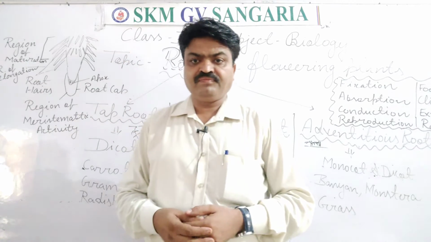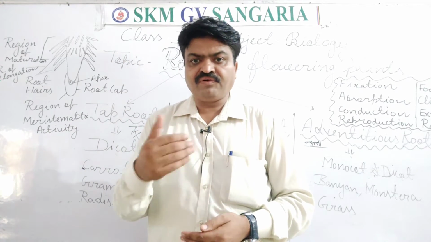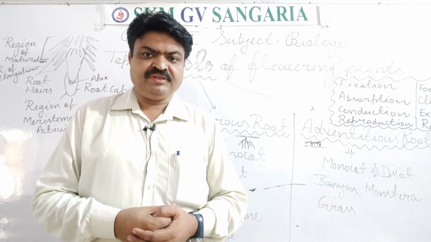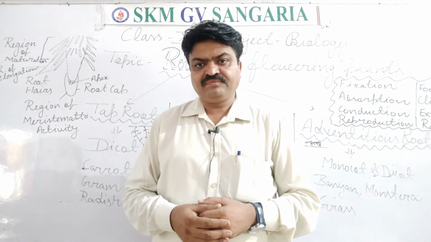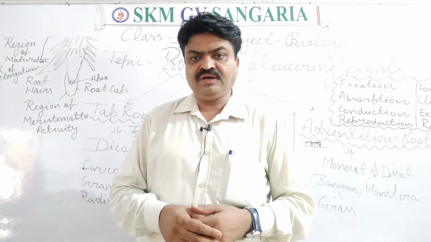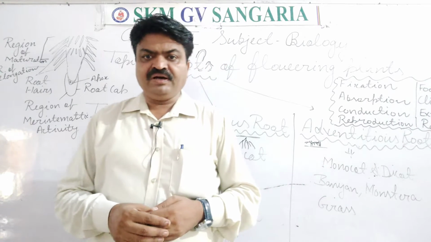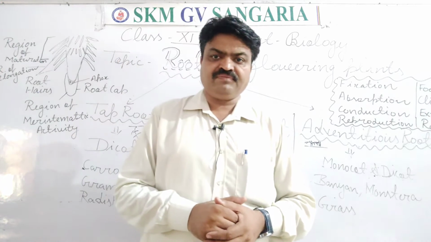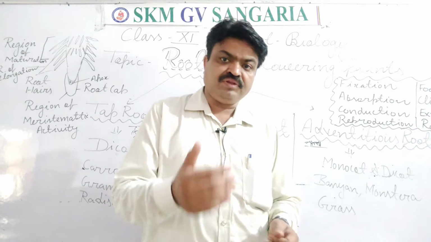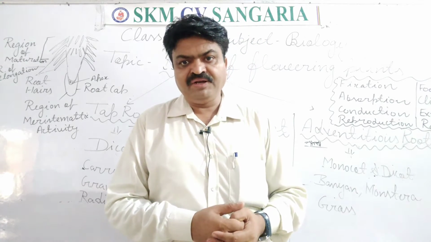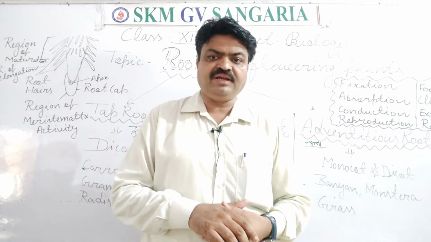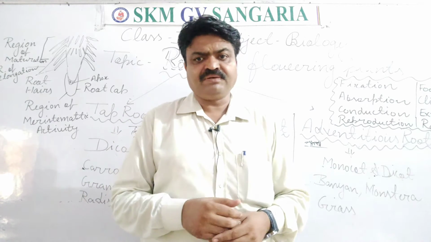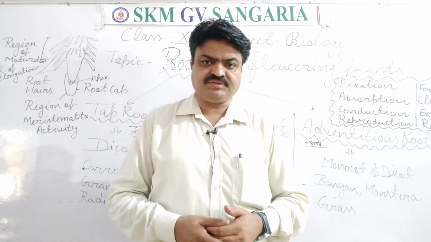Today we will discuss the roots in flowering plants. As you know, the root is an important part of the plant, from which it absorbs water and minerals from the soil. With the help of roots, plants also fix themselves inside the soil or the ground. They also conduct water and minerals, because the roots provide turgor pressure on the water, from which water and minerals are supplied with the help of the xylem vascular tissue to different parts of the plant. Today we will discuss the types of root in the flowering plant.